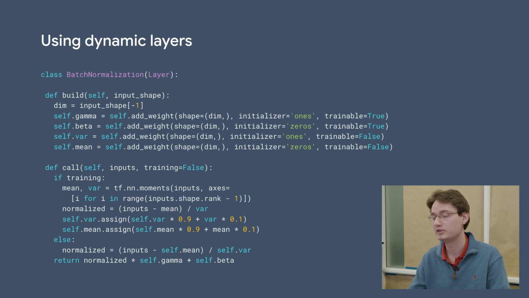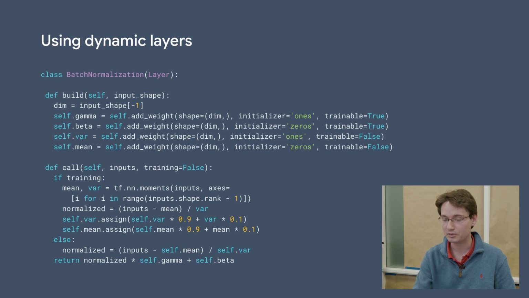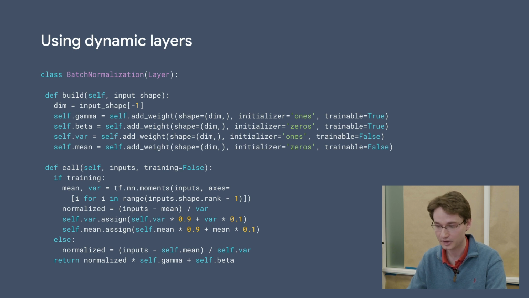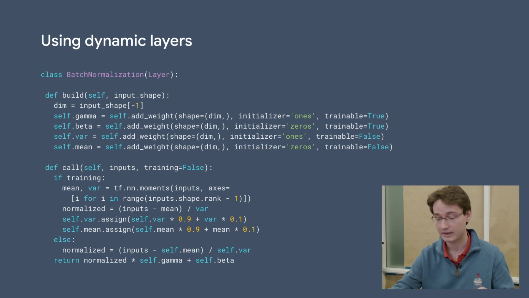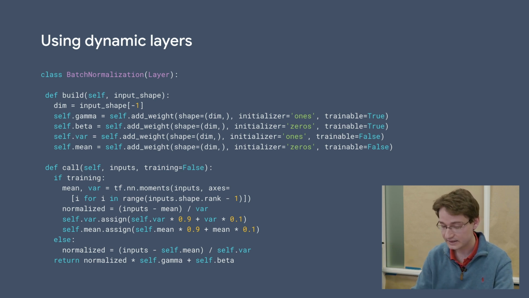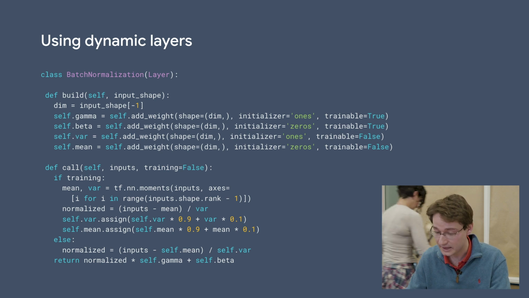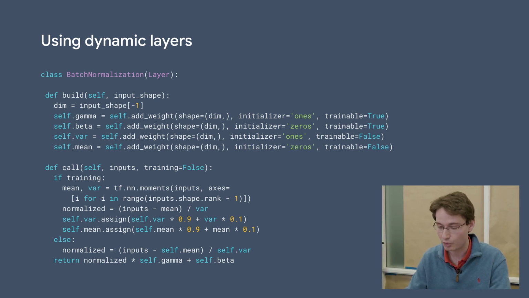So we mentioned the notion of dynamic layers. What's a dynamic layer? Well, maybe you remember this batch normalization example. There's actually something very subtle going on with it, which means that it cannot be turned into a static graph. And that is because it uses this if-else statement, and inside one of the branches,